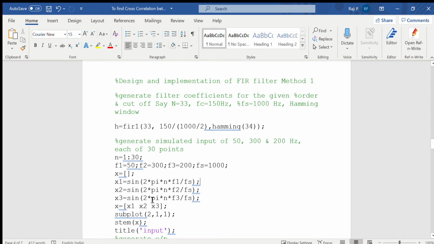So when we write it as x1, x2, x3, this becomes one signal with 30 samples each of frequency 50, 300 and 200.